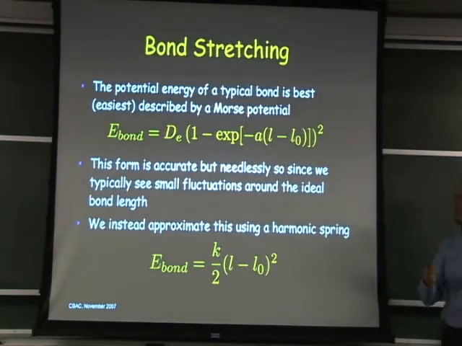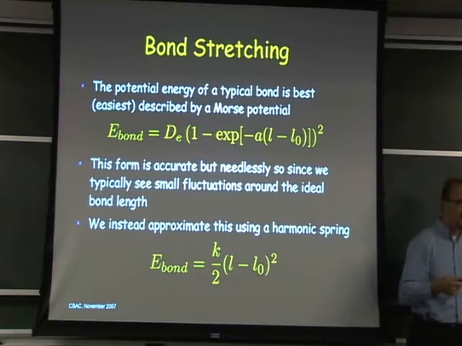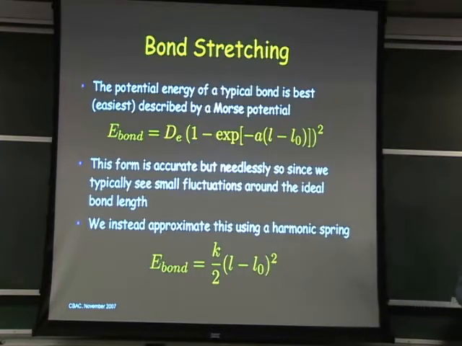The first bonded term that we deal with is the stretching of a single bond itself. Every time we have two atoms that are covalently bonded, think about the backbone, the C alpha to C contribution, or the CO in a carboxyl group, each of these bonds is really properly described by a Morse potential, if you remember back to your basic chemistry from high school.